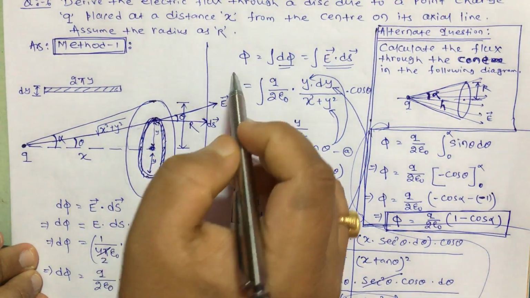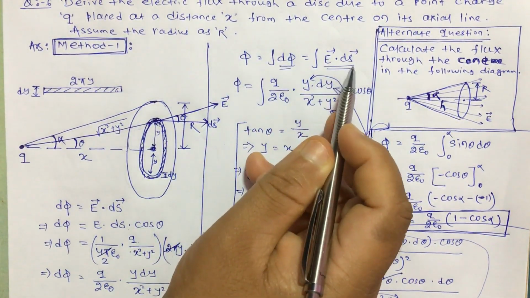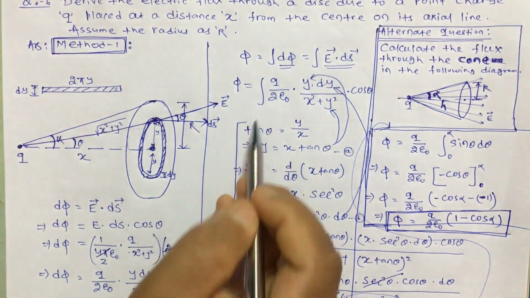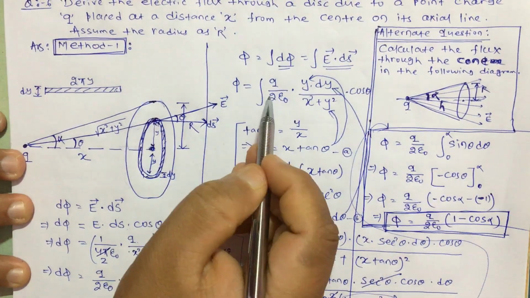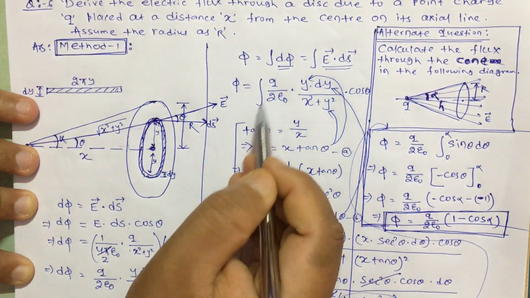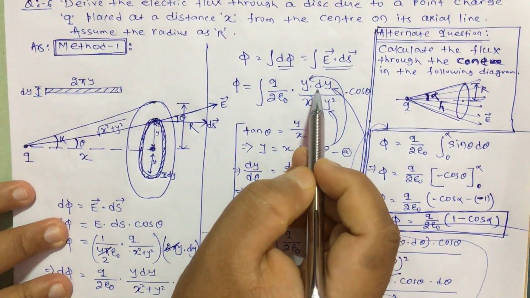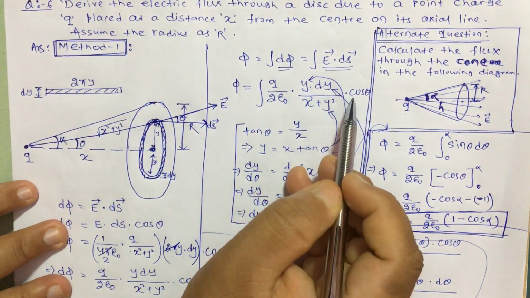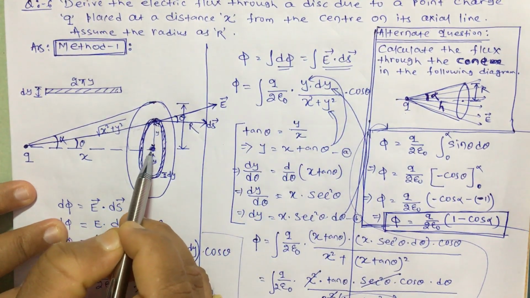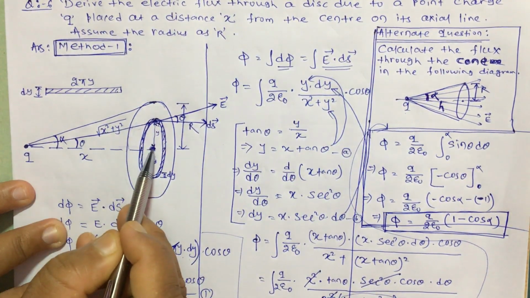Now what is the total phi, or total flux? Integration of d phi, or integration of E ds. I have done E ds and found this d phi, so just put the value of d phi we got from here in this equation. The equation will be like this. But we cannot solve an integration like this. Why? Because here we have to do the integration with respect to y, but theta is also not a constant. Theta is a variable, because if we assume the element here very near to the center, theta is going to be approximately 0.